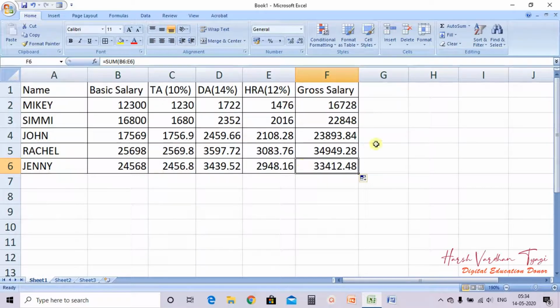So this is called relative reference, in which the formula keeps on changing automatically for both. Means the row is also changing and the column is also changing. It is not like that only one thing is changing. Suppose